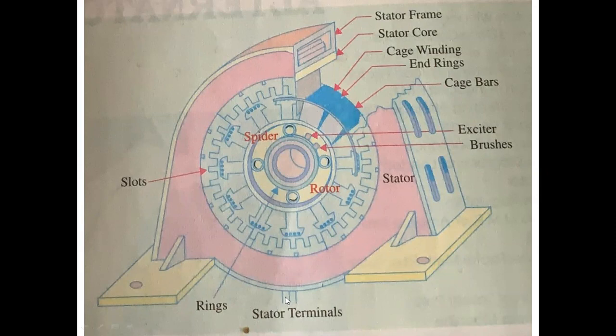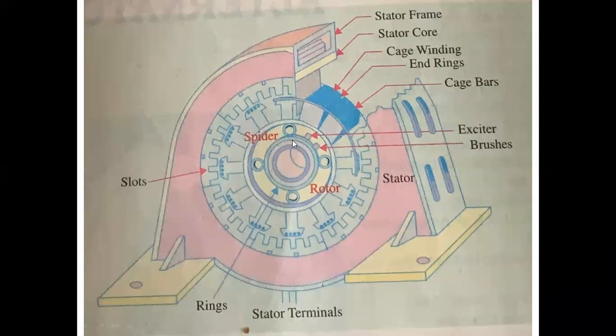This is the terminal of the stator. The three terminals come out, and this whole equipment surrounding the yoke is fitted on iron bars with screws, so that while the rotor is moving, the stator is kept constant. Remember, the field windings are on the rotor, and the armature winding is on the stator. So the armature is constant on the stator and the field windings rotate on the rotor.